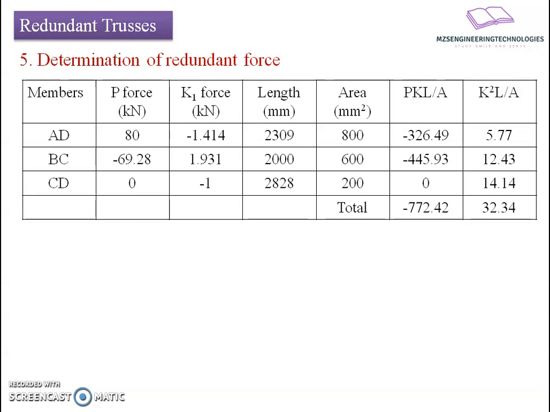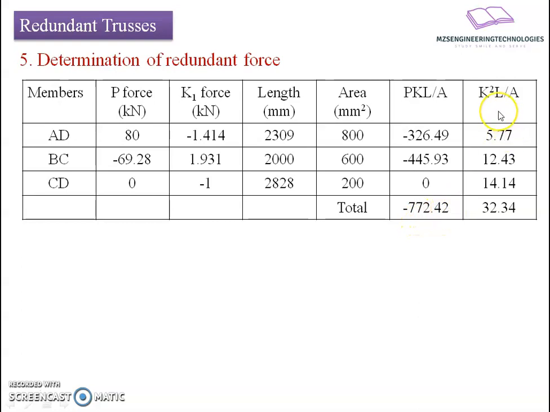Now we require the product PKL by A. Since E is constant, I am not going to substitute the value of E here. Now it comes to minus 326.46, means the product of the column 2, 3 and 4 divided by the column number 5. So it comes to be minus 326.49 minus 445.93, and since CD is 0, the product will be 0 here, and we require summative value of this one, cumulative value of this product. That's why I will take total as the addition of the column here PKL upon A, which results into minus